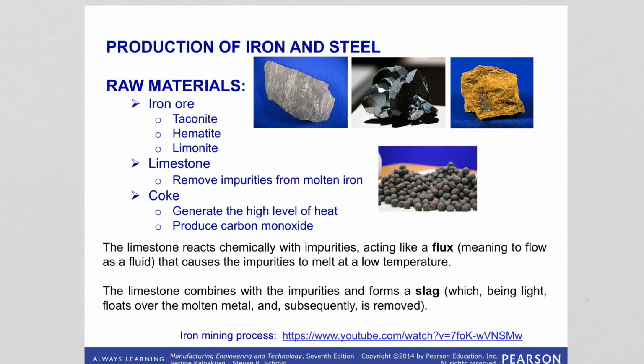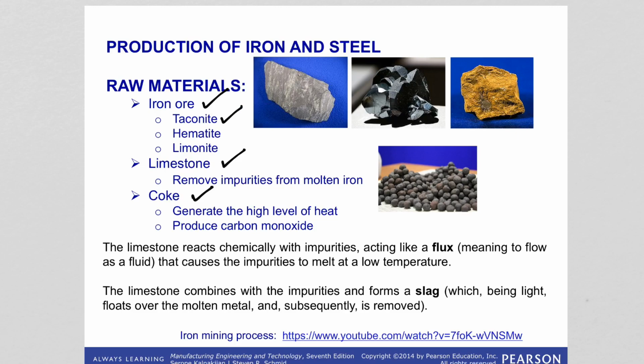When we look at the production of iron and steel, there are three basic materials used in iron and steel making. These are iron ore, limestone, and coke. Iron is one of the most abundant elements in the world. It makes up about 5% of the Earth's crust. When we say iron ore, this is where the iron comes from. These are